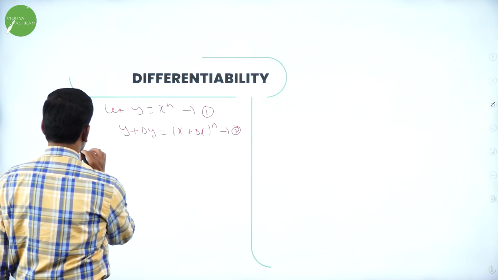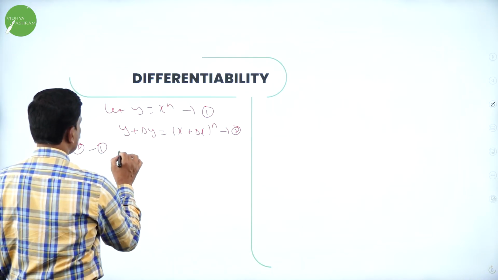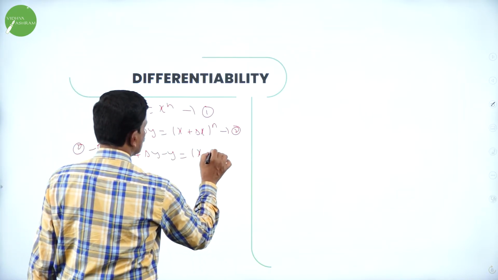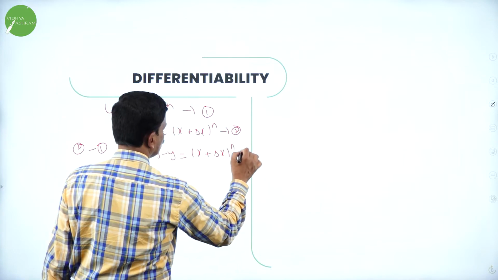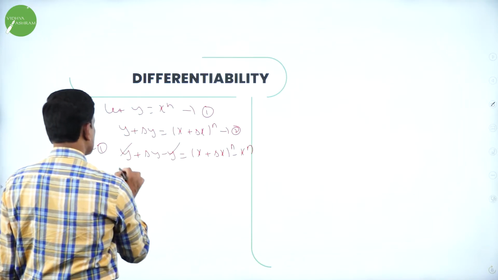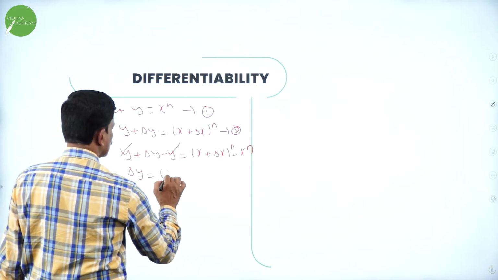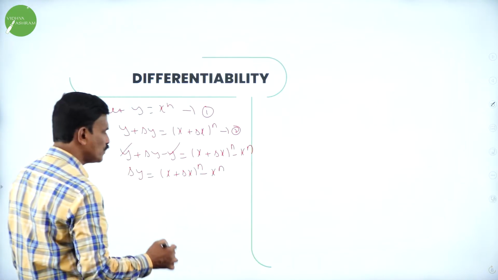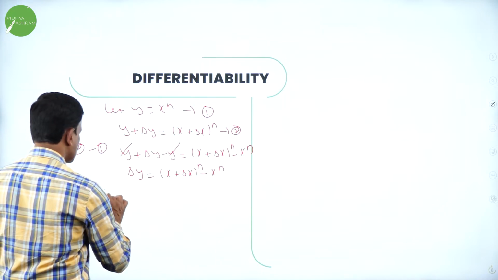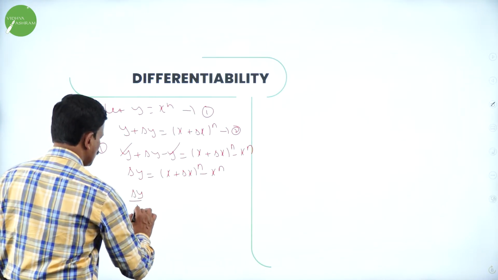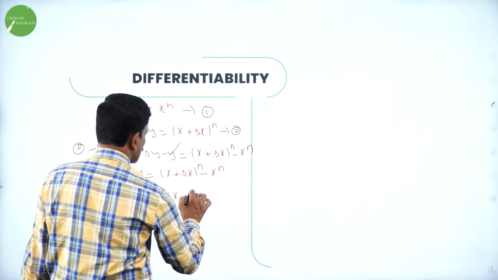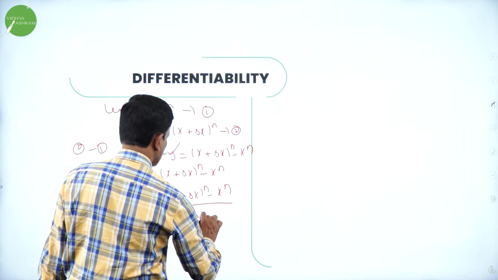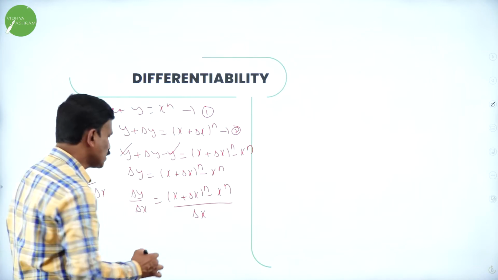Now equation 2 minus 1 gives y plus delta y minus y is equal to x plus delta x to the power of n minus x to the power of n. Minus y plus y gets cancelled. Delta y is equal to x plus delta x to the power of n minus x to the power of n. Now divide throughout by delta x, then you will get delta y by delta x is equal to x plus delta x to the power of n minus x to the power of n, divided by delta x. Now taking the limit on both sides,